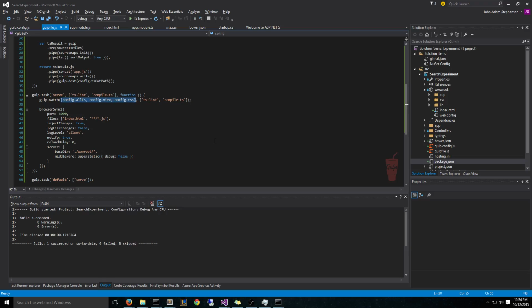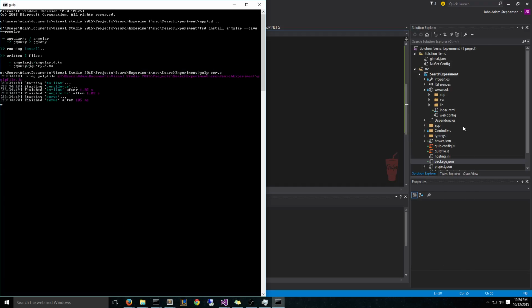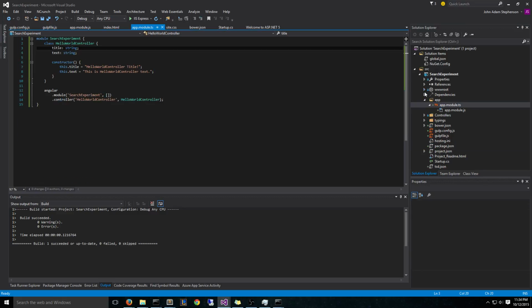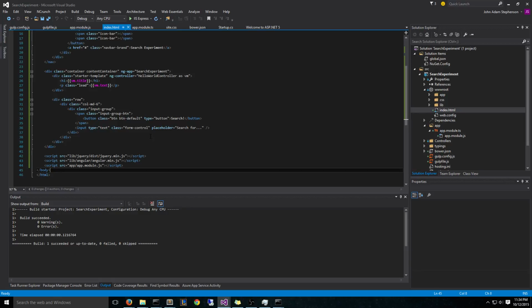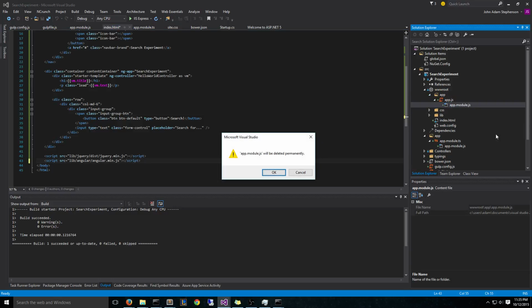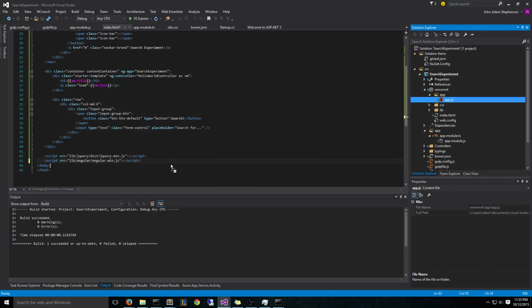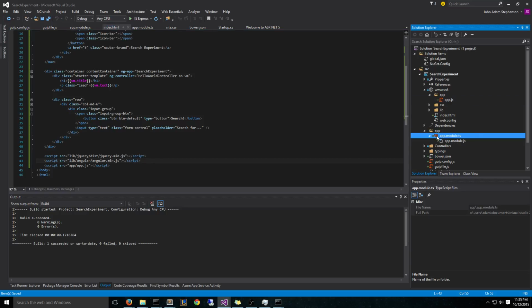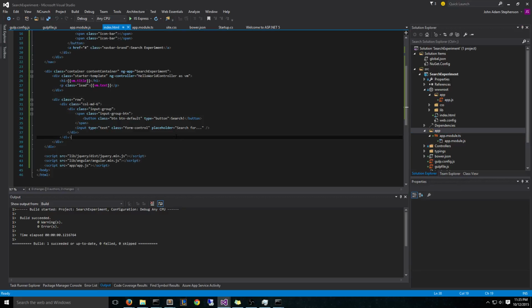So now what I'm going to do is go and make a change to the app.module.ts. Sorry. Actually, one thing I'm going to make the change first is I'm going to remove our app.module, because we now compile to an app.js instead of app.module.js. And so this app.js represents the concatenation of all the compilations of any TypeScript file that is in the app folder. So now if I refresh the page,